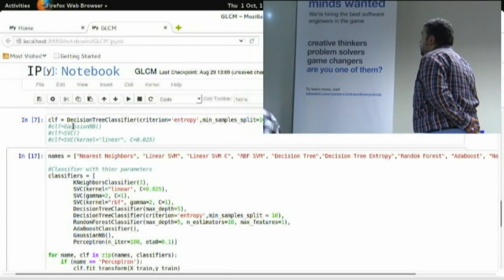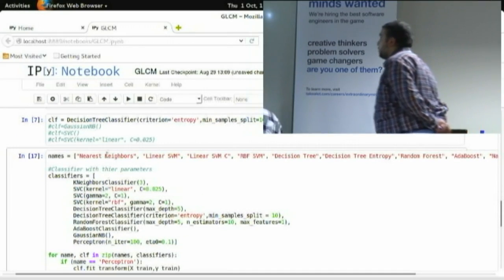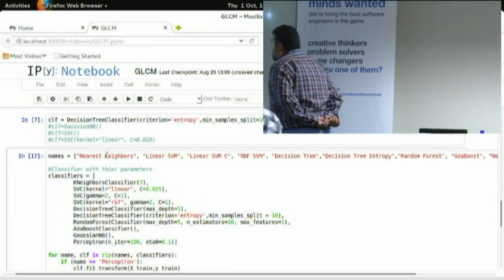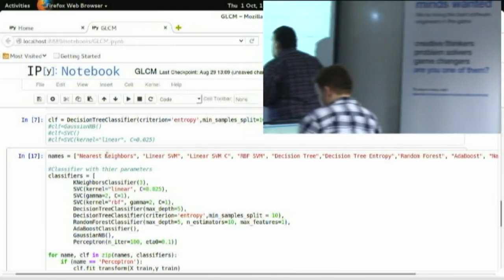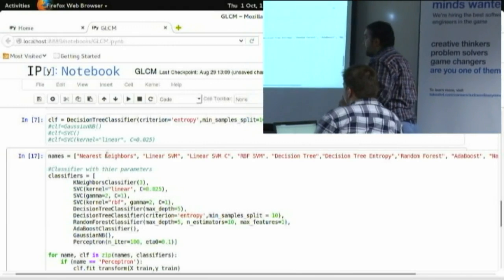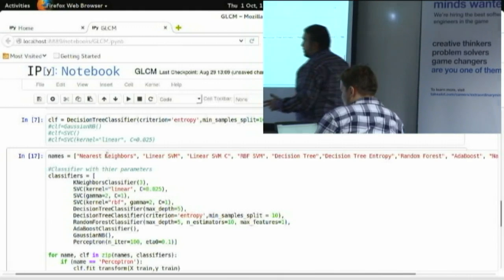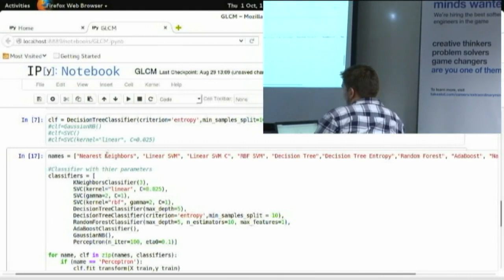I even make a for loop which takes all the classifiers. The first one is nearest neighbor, then a linear support vector machine, but this time I changed the C value. Also, support vector machine supports non-linearly separable data, for example,